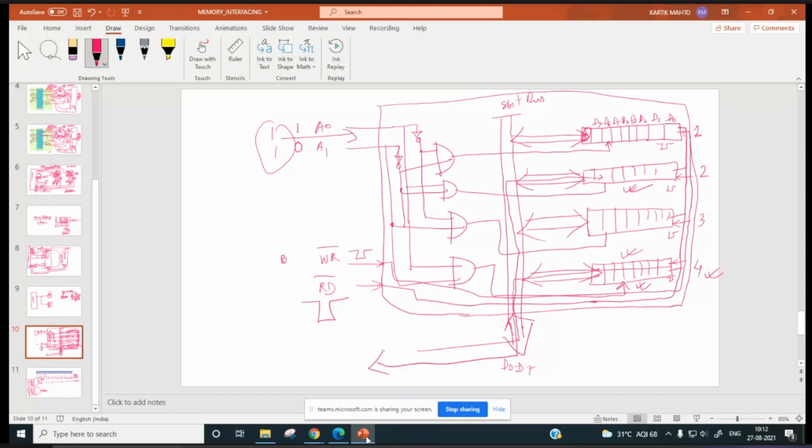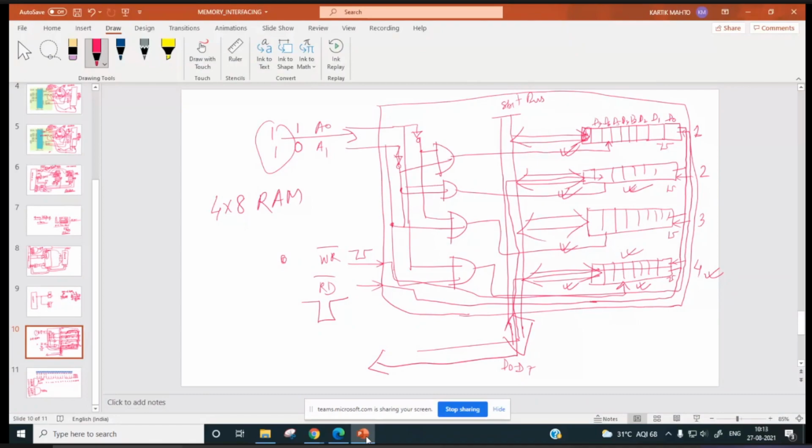Okay. So here we have an example of a 4 into 8 RAM. We have 4 registers, each of 8 bits, inside this RAM chip.